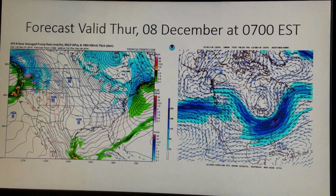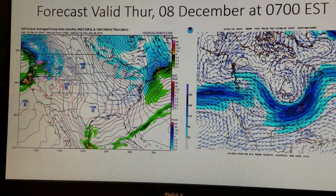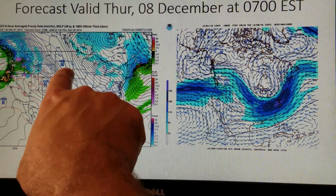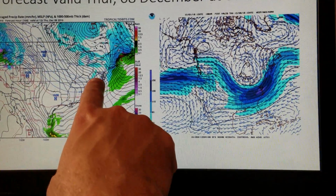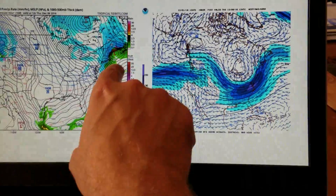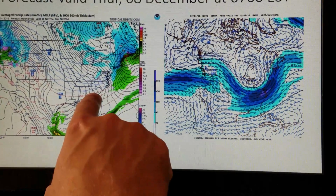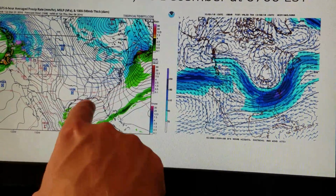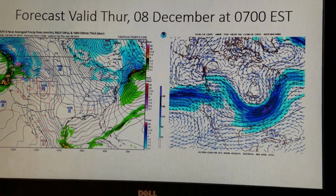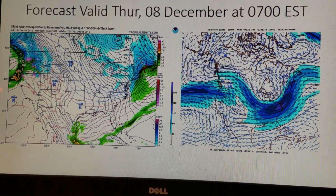Moving ahead, we're going to the forecast valid Thursday, 8 December at 0700. And now I want you to focus in on some things. We've got a 1037 millibar high over South Dakota, strong north-northwesterly winds pushing cold air down. That cold front is now offshore. So by Thursday morning next week, you are going to feel a drastic change in the temperatures when you go outside. Definitely get those winter coats out again, because we are looking for a very much colder pattern in the